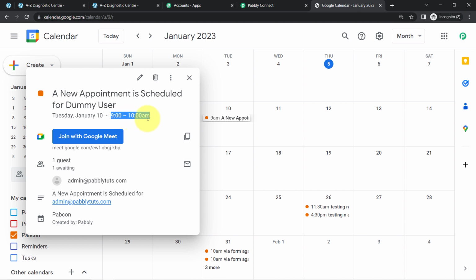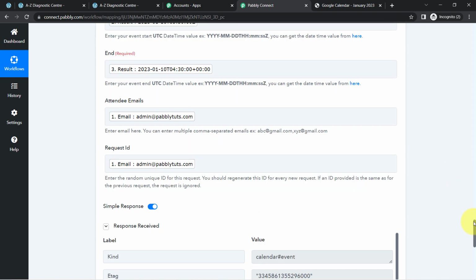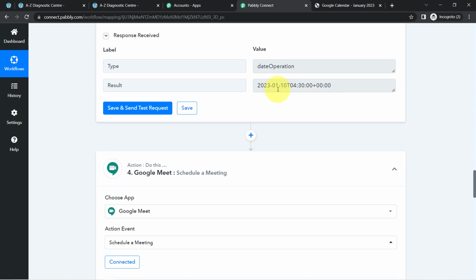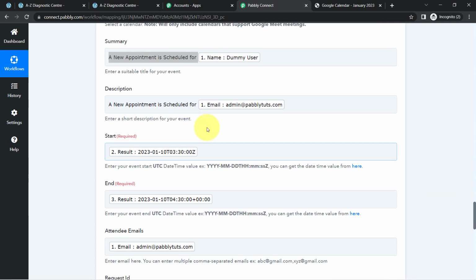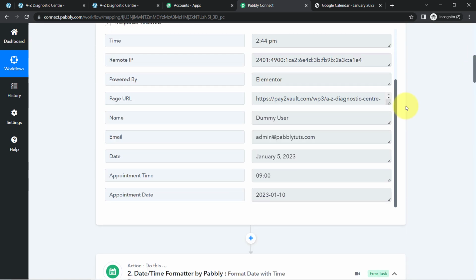to 10 a.m. But you must be thinking that the timing was 3:30 to 4:30. So how did it manage to schedule it on the exact time? Okay, so here we provided the data as the 4:30. Let me even show you here. The start date was 3:30 and the end date was 4:30, but the actual meeting was scheduled on this 9 a.m. to 10 a.m. So how has it taken the